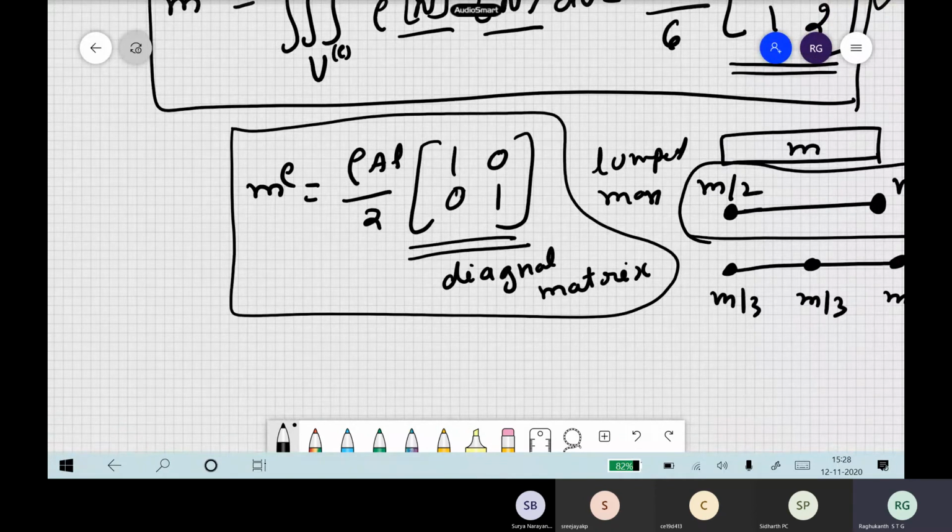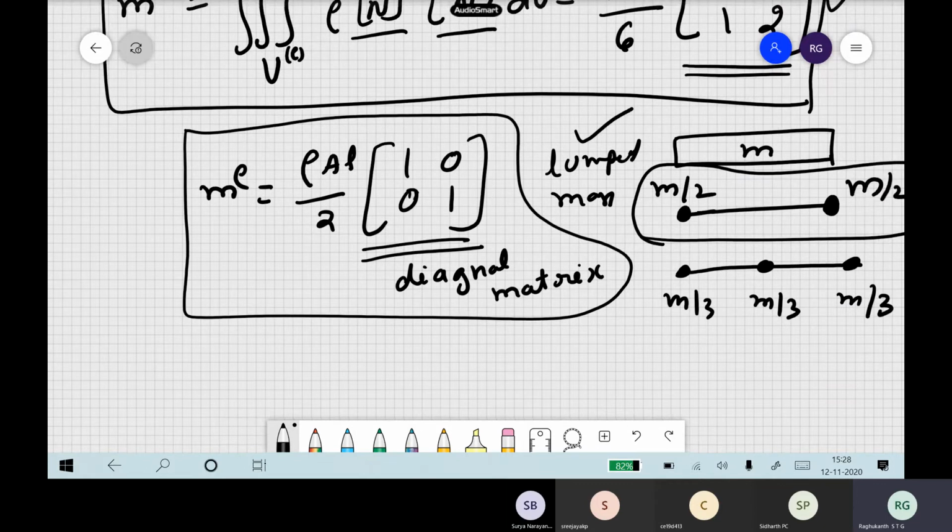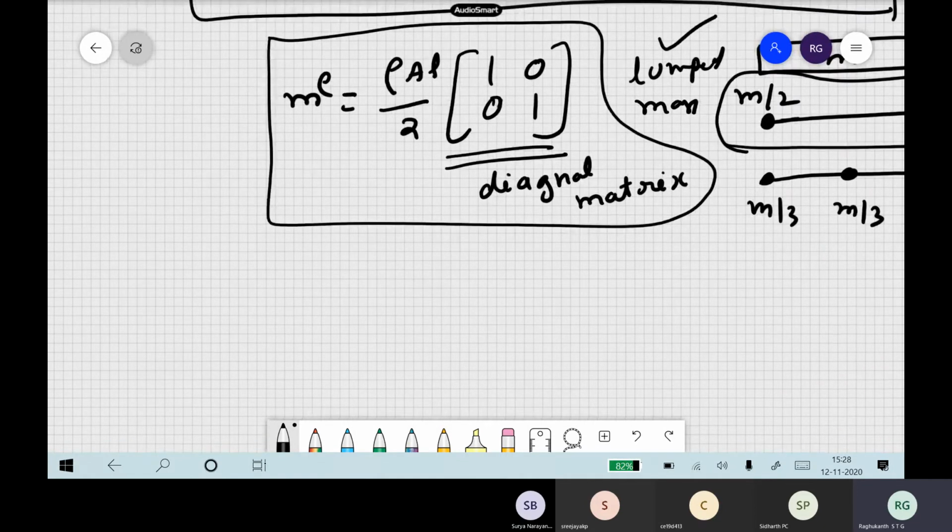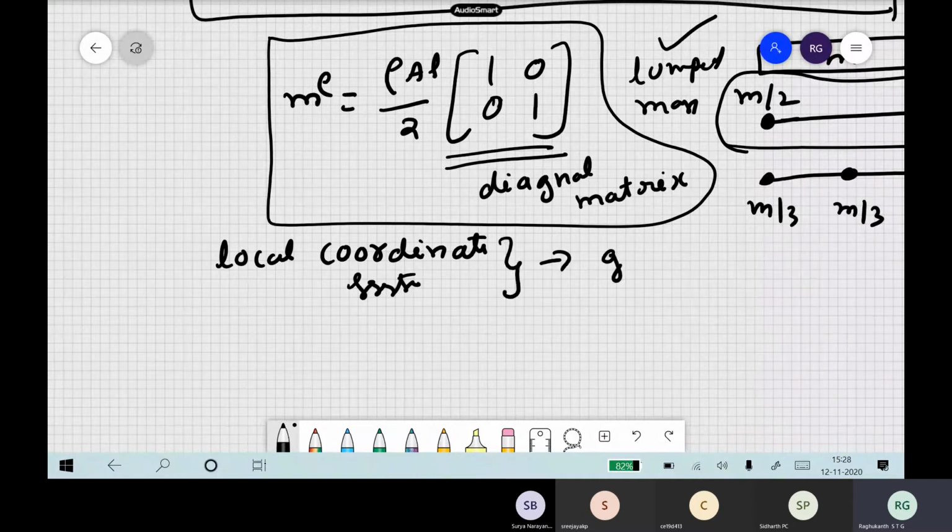For many engineering problems, like a small rod problem, beam problem, or structure problem, people prefer this lumped mass, because the mass matrices will be diagonal and some advantages are there. This is how you calculate all the matrices. If you are calculating everything in a local coordinate system, as I already told you, generally we calculate in a local coordinate, that is 0 to 1 or -1 to 1. Then you can convert everything into the global coordinate system, assemble all the elements, and create the master mass matrix.